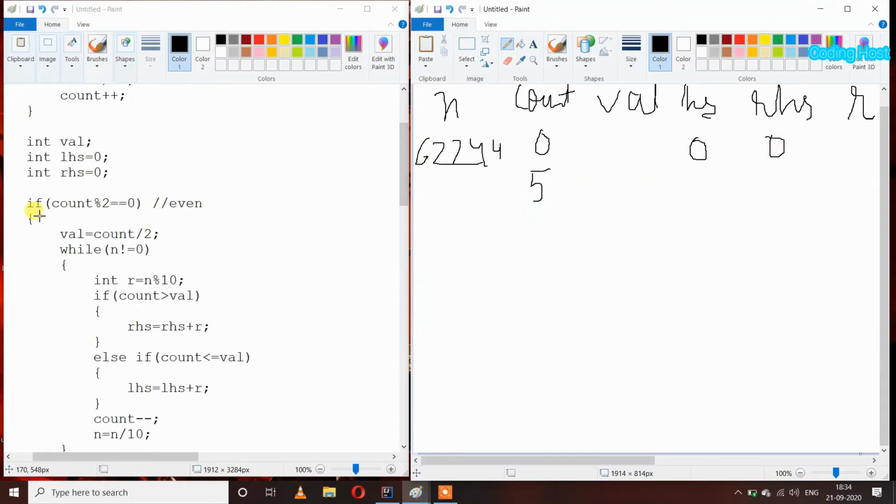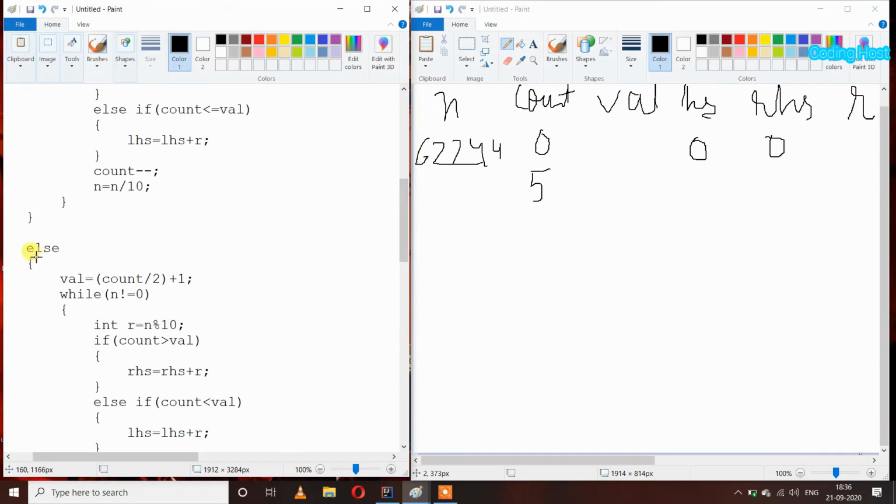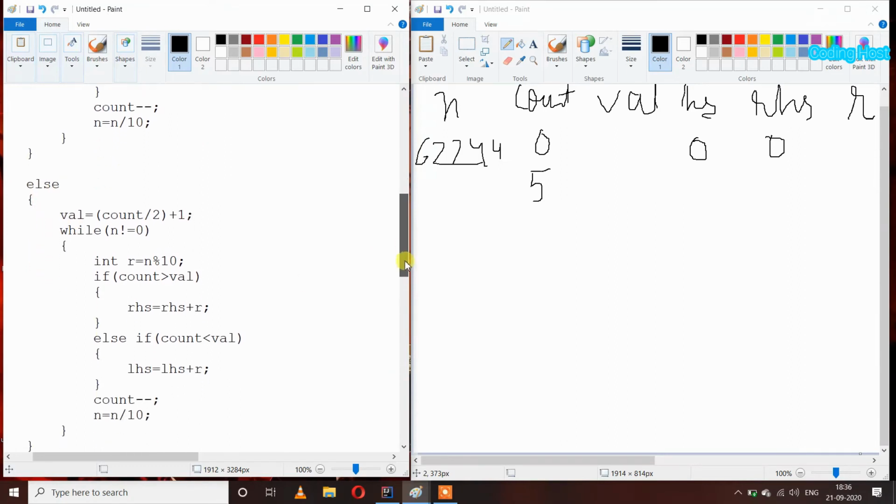and after that I have taken an if statement: if count modulus 2 equal to 0. When we divide 5 by 2, the remainder is 1, which is not equal to 0. So this if statement is false and it will not execute, and the statement in the else part will execute.